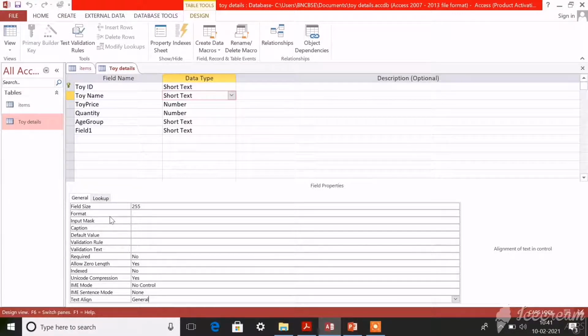That means formatting is nothing but changing. You are making some changes. Usually when we enter data, by default it will look very normal.